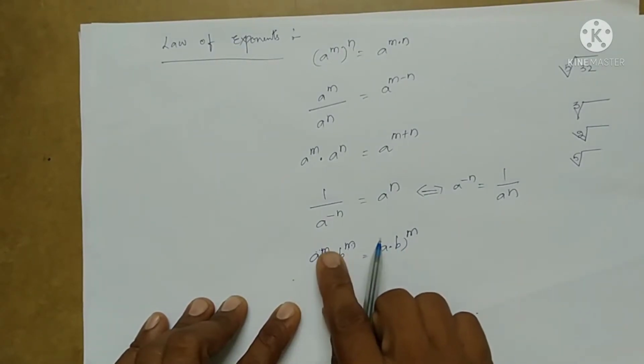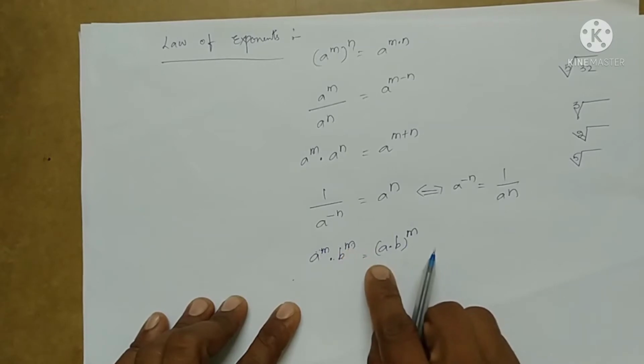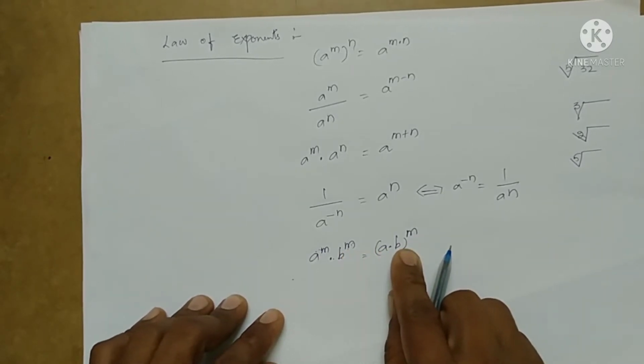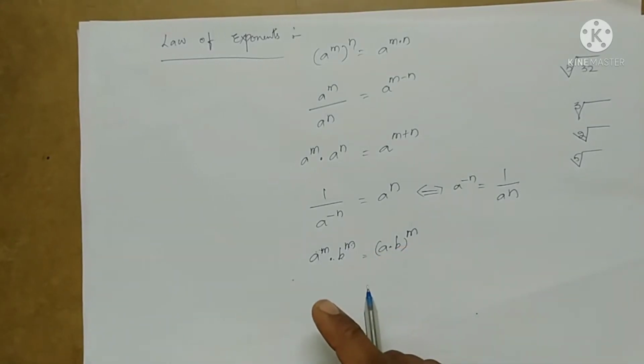Next, a power m into b power m is equal to a into b whole power m. So here our question is,